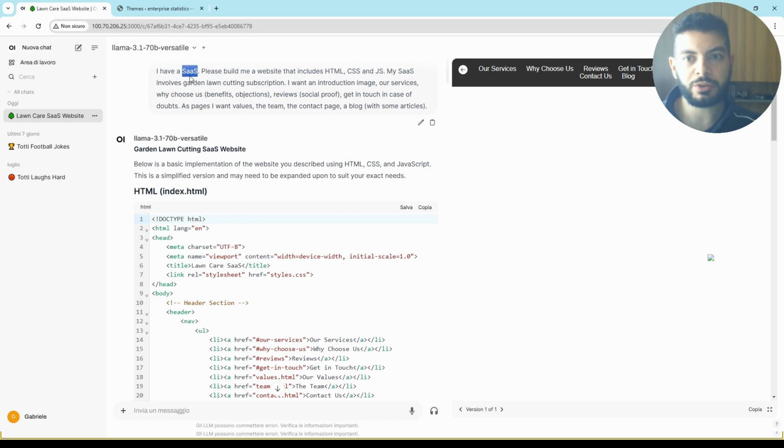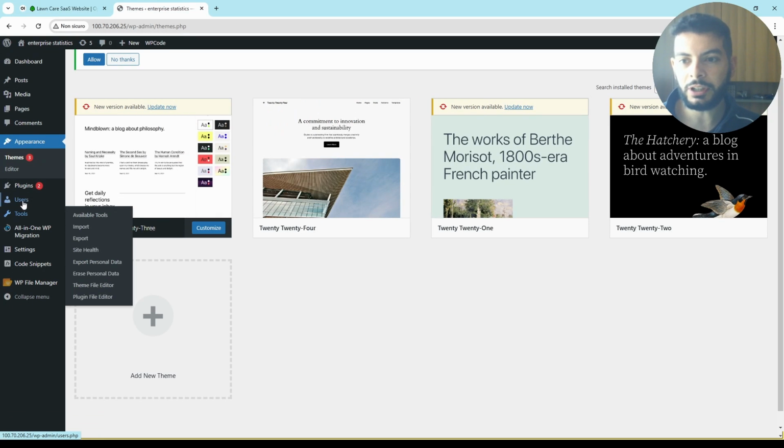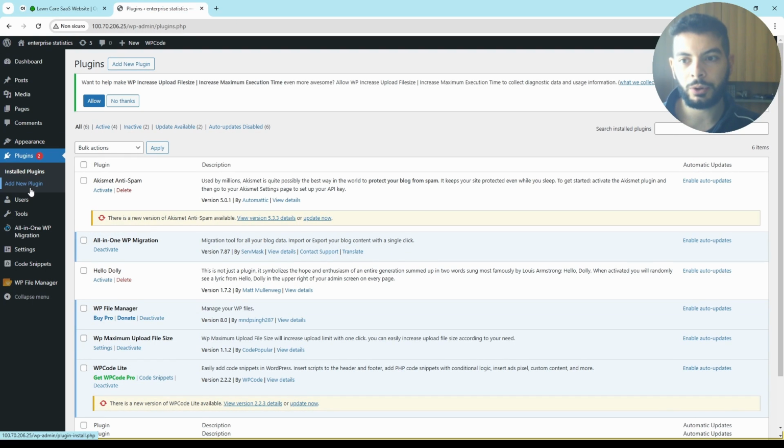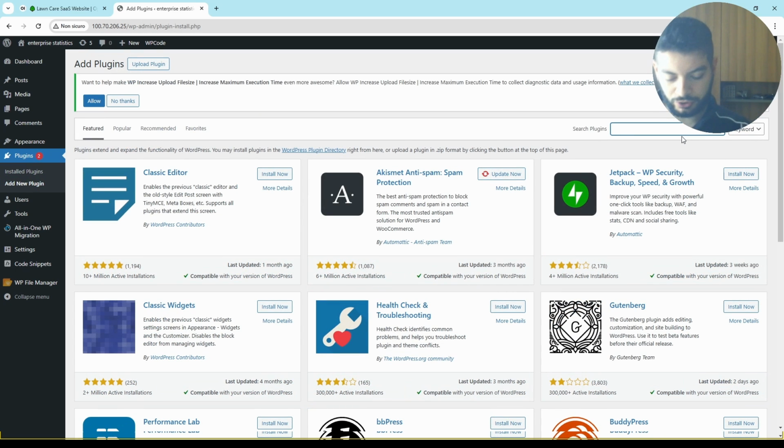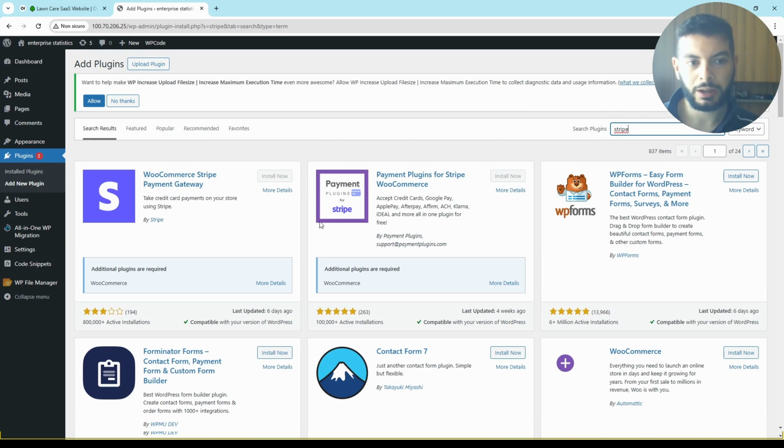Then we sell subscription. In this case, we have to implement in a, let's say, less straightforward way services like Stripe. On WordPress, easy. We go to plugins, we go to add new plugin, search for Stripe, and that's it. You install it with few clicks.